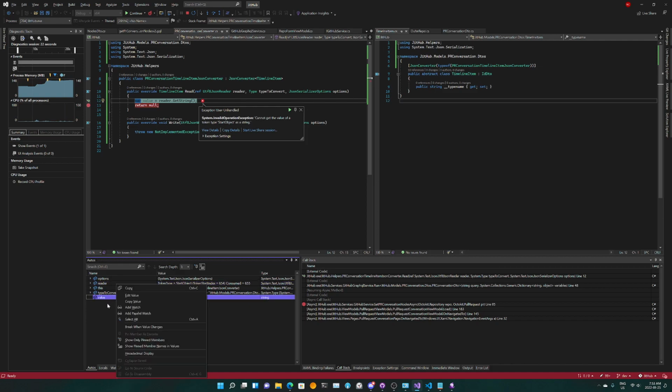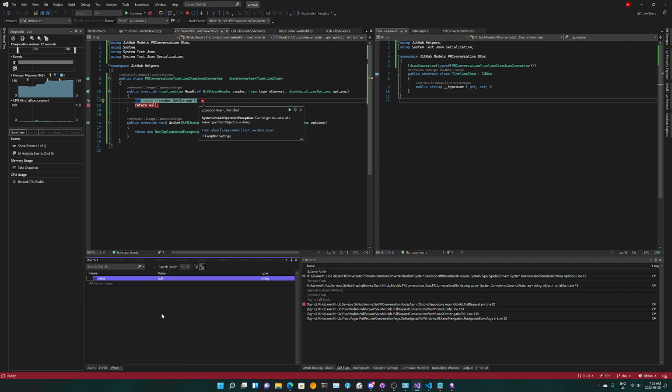We can start a new watch, and it's gonna be JsonConvert.Deserialize as a type TimelineItem, and we're gonna do it to the reader. Nope, nothing. All right.